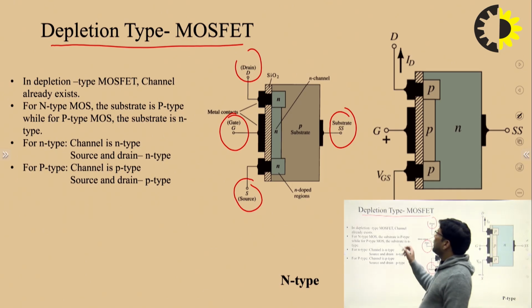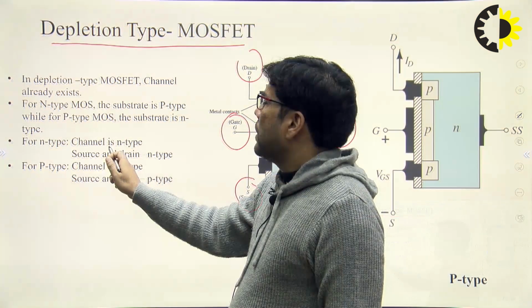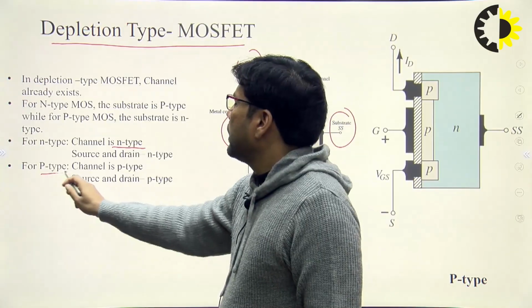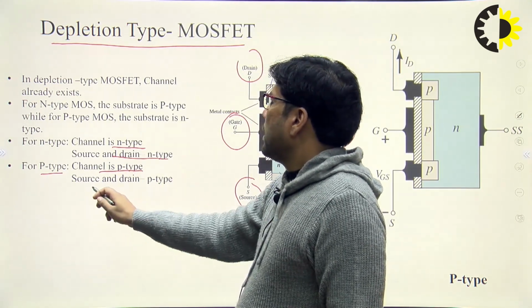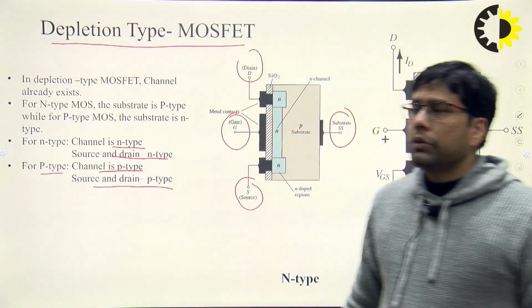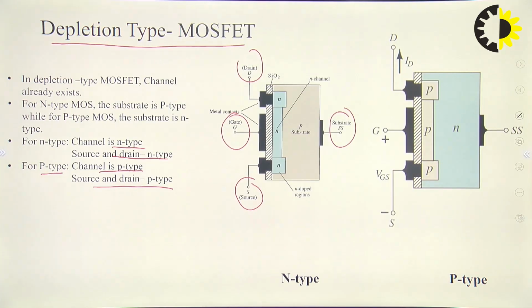So in the text you can clearly see here, for the n-type the channel is n-type, for the p-type the channel is p-type; in the n-type, source and drain are n-type, and in the p-type, source and drain are p-type. So from the figure you can clearly see here, right? Now